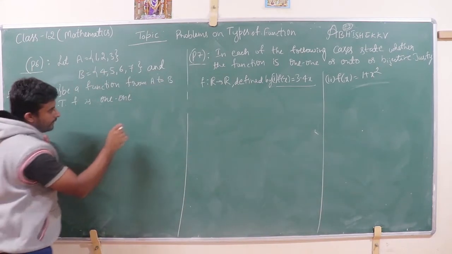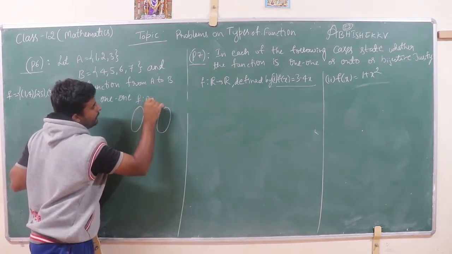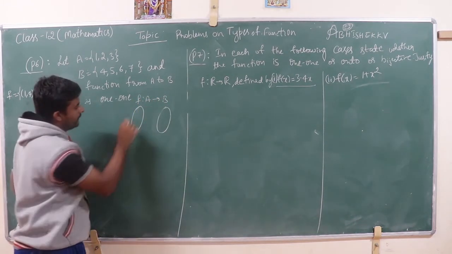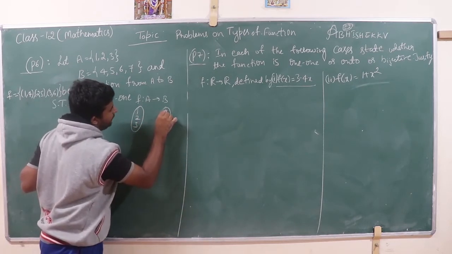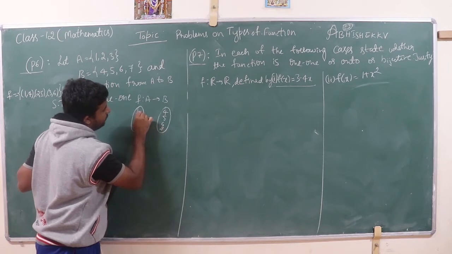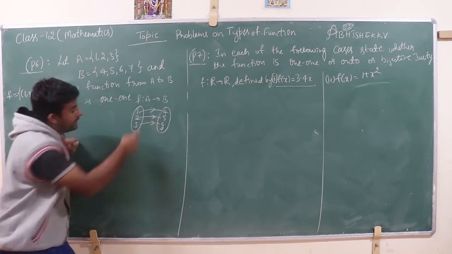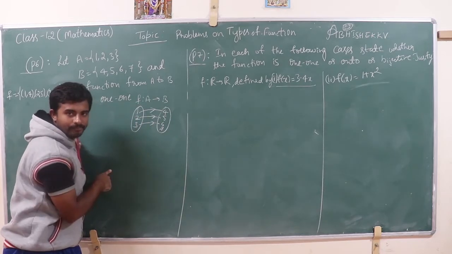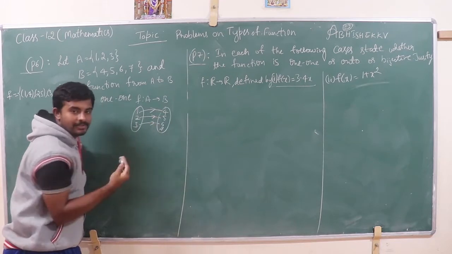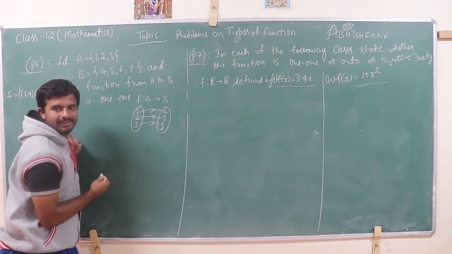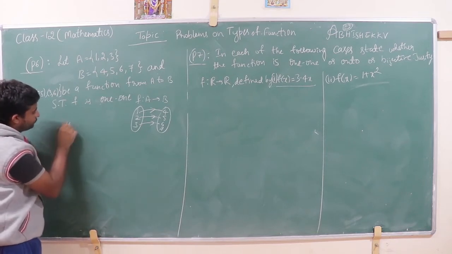See, if I consider the mapping f from A to B, here set A contains the elements 1, 2, 3 and set B contains the elements 4, 5, 6, 7. Here 1 is related to 4, 2 is related to 5, 3 is related to 6. Different elements of A, that is, different elements of the domain, have distinct images in B, right? Therefore, we can write here: